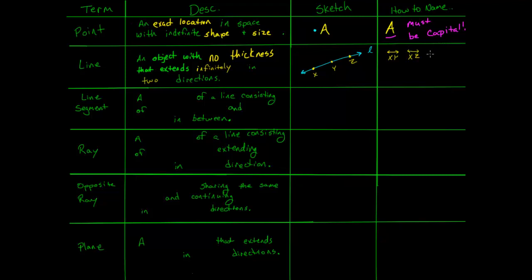There's 4 ways of naming this line. And then we have YZ. Now that's 3 ways, and we've used our points that are on the line in order to name it. And let's write in here, we're going to use it, using any 2 points, or